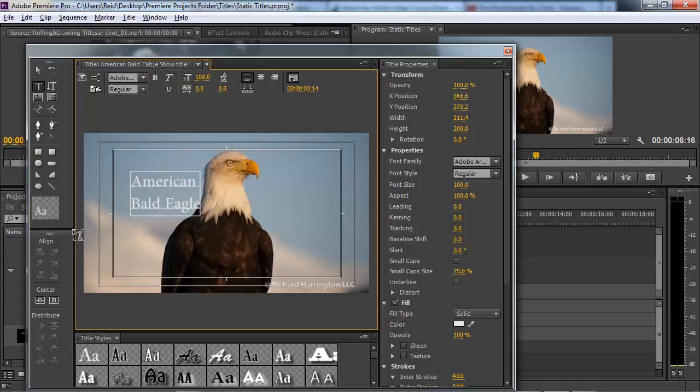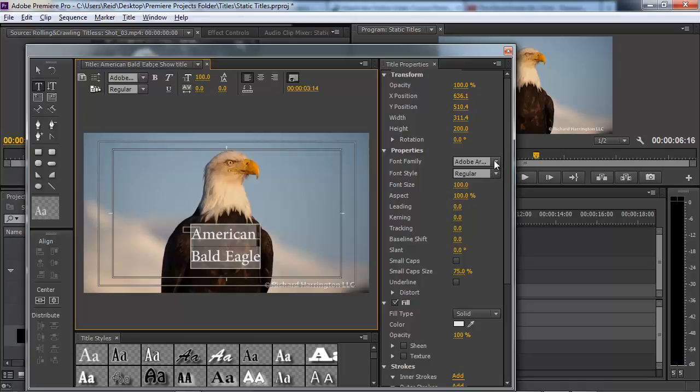Now, this is just a pretty plain font right now, and I'm going to put it over the top here. So I'm just going to click here and bring it down. Now, I have certain centering tools that I have here where I could center it vertically and center it horizontally. I'm going to bring it straight down from the center here and just sort of put it like this. Now I'm going to make it a little bit larger. I can go actually literally letter by letter and change the font, change the font colors, change all of these parameters. But what I'm going to do here is just select the whole block of text,